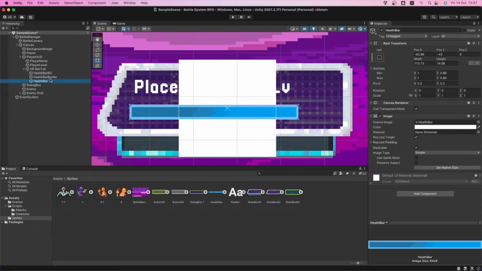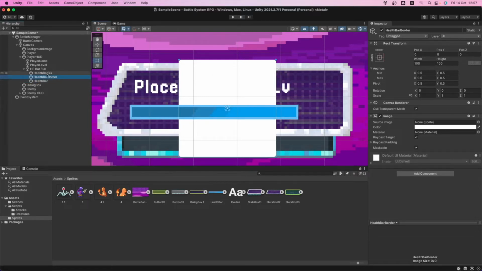So let's select the other ones, the health bar border and the health bar background. Let's put this one on top of the other. So I'm gonna scale this like around there. This one, the health bar background, is exactly the same size as the sprite of the health bar, because this is gonna show when we start reducing the health, we need this color to show up.